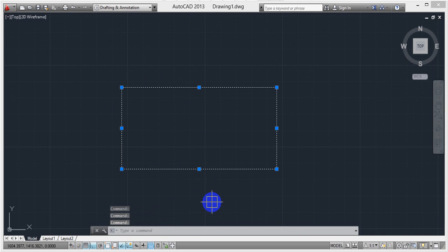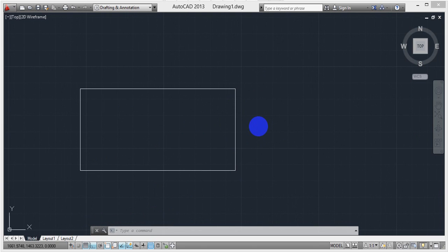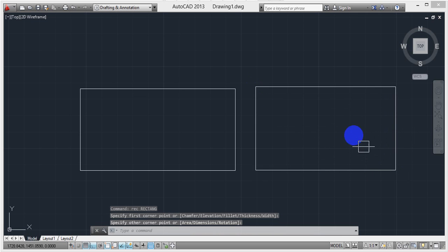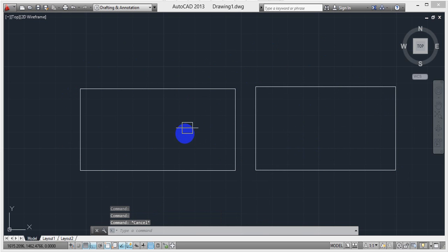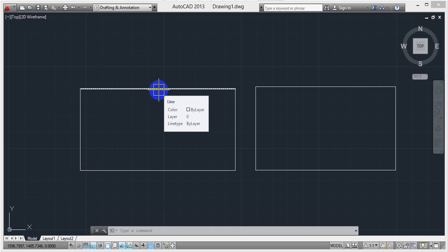Every line is separated because we made this rectangle with the line tool, not the rectangle tool. If it were a rectangle, it would select all sides in a single click, but it's not, because this is a line rectangle. In a line rectangle we have to close these 4 lines or 4 profiles into a single profile. It means we have to use region or join, either one.